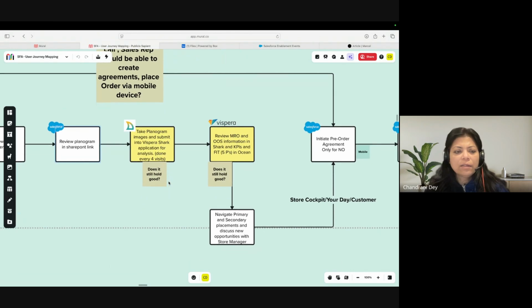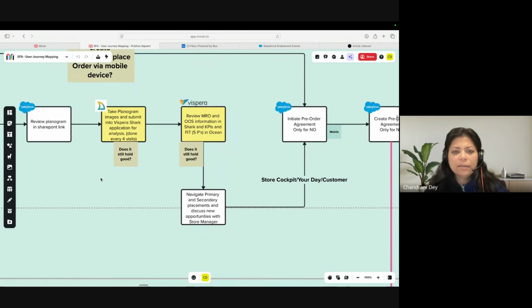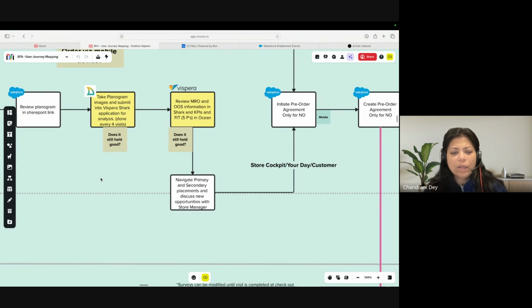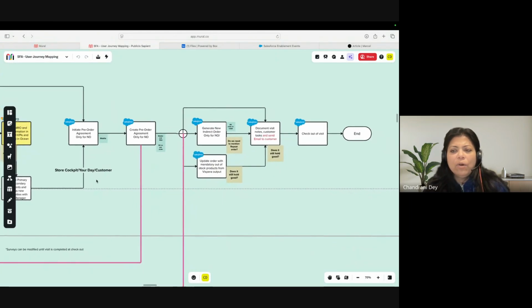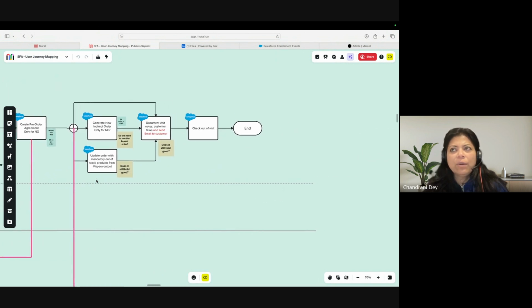And then once the planogram is seen, the sales rep goes to the shelves and sees, okay, this is not how it looks, or this is exactly how it looks. So he records that picture as well. Whatever he was supposed to see is the planogram, and what he actually sees, he takes a picture of, and that becomes the realogram. Then he discusses other opportunities, takes feedback, and so on. If any order has to be generated, he creates the order agreement.